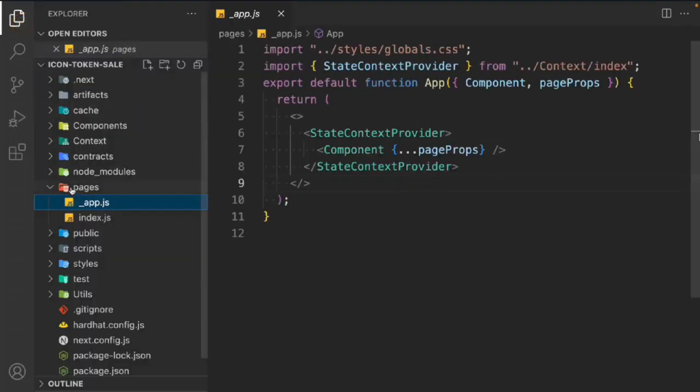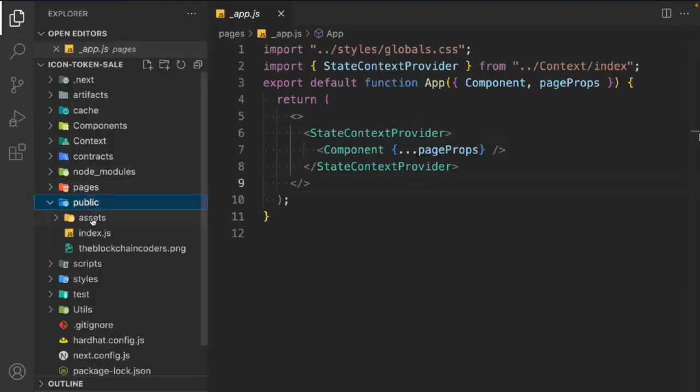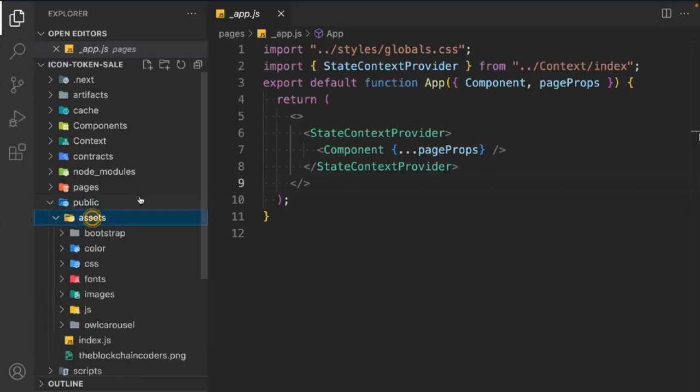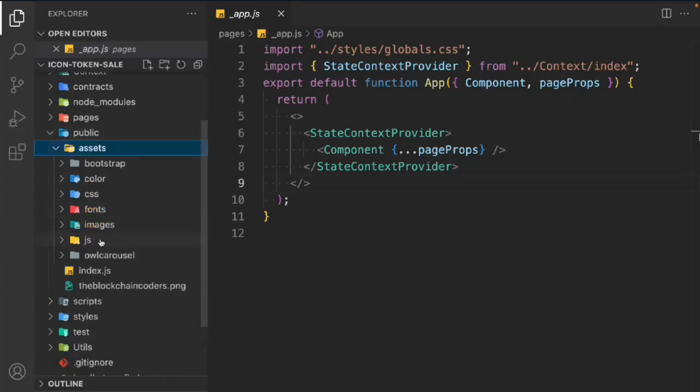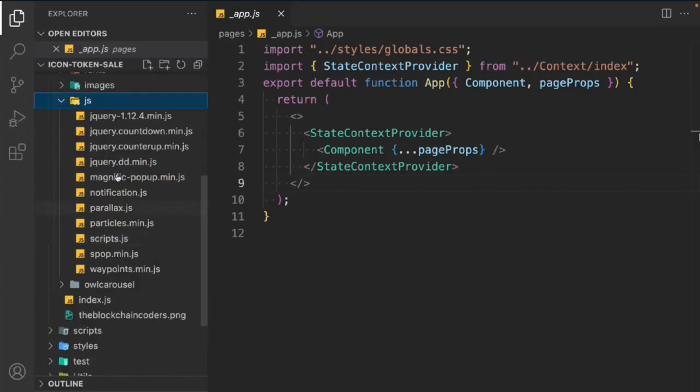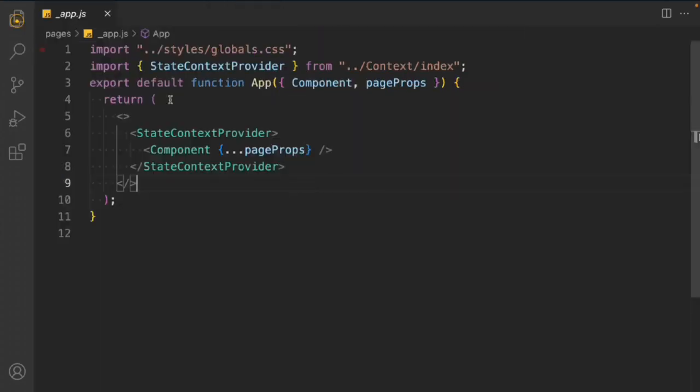So I'll come here, I'll take you to the public folder. Inside the public folder you will find that we have this assets folder. Inside the assets, we have this JS folder. In that, you will find all the libraries we are using for the pop-up, for the slider, for the animation, for the click event. So all of these we have. You don't need to worry about it. Simply import and it will work fine. So let's import that. So we'll take this script tag